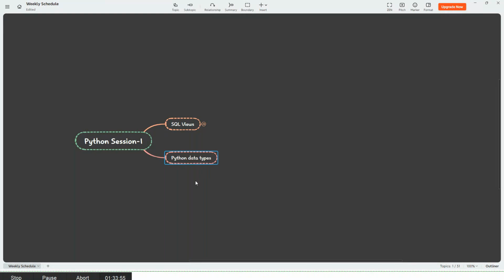Python data types. In traditional programming languages like C or C++, we have to declare a variable like this. First, we have to define the data type of the variable itself: int age equal to 30, like this. Similar is the case with Java or C++. That is the traditional programming way. But in Python, as we read in the statement, it is